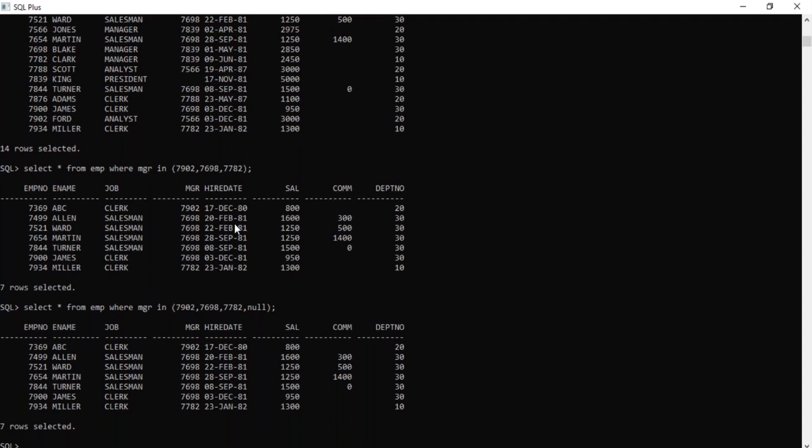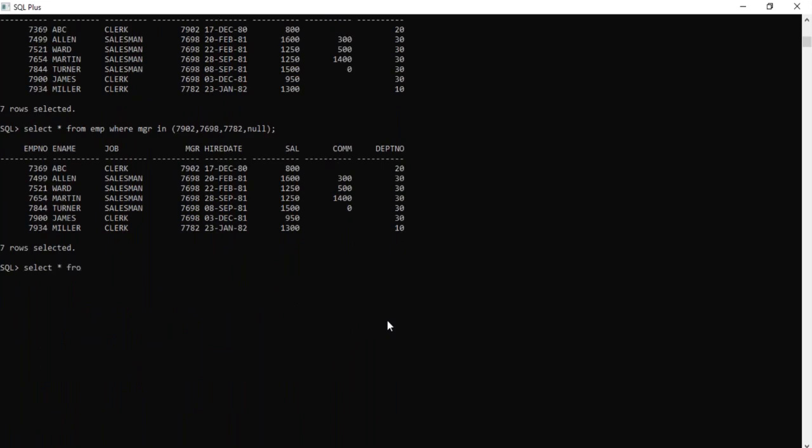Sorry, here I have taken IN, right? So that's why the confusion. Now if you take not in, so here is the problem: not in will not work for a null value.